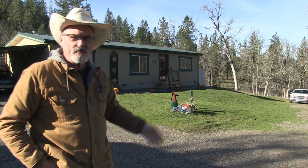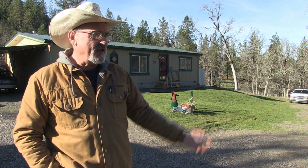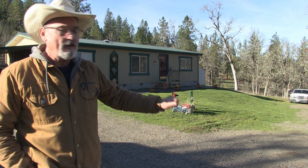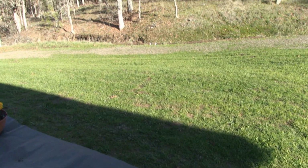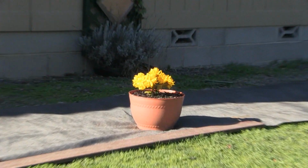And now we come to my front yard landscaping I've been working on this year. Finally, after 8 years of living here now, I finally got my landscaping started. So the grass is in, the grass is growing. I just got to weed and feed it, and then maybe sow some more seed in the bare spots. And I also put some barrier down to try to kill back the weeds where I don't want them growing,